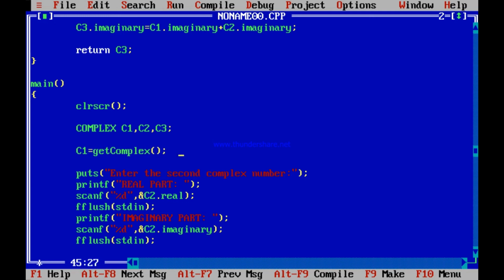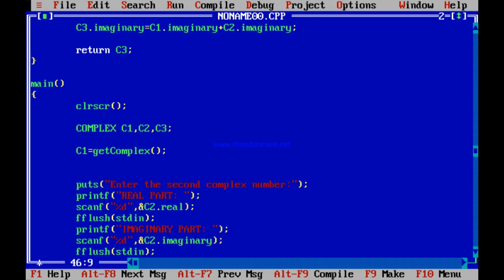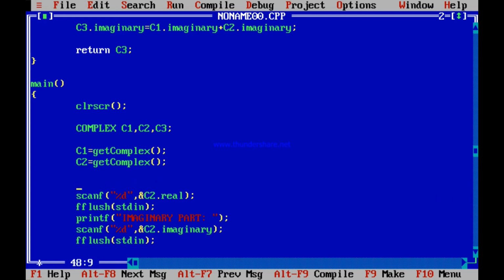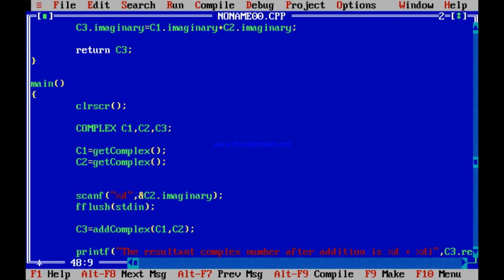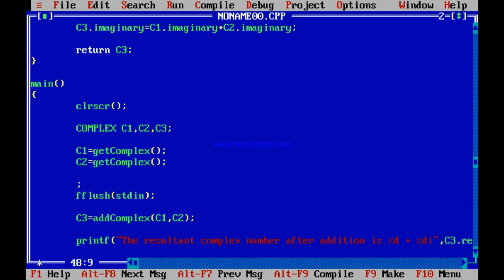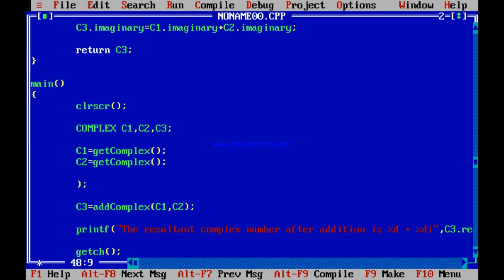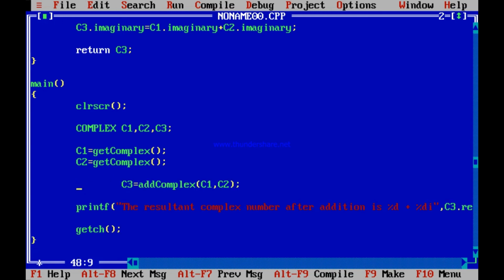In the same way, if I call the getComplex function yet again, that getComplex function will return me the C2 variable. I think you understand. And this part will not be needed again. That is, I call this getComplex function once, it returns me one complex variable. I call the getComplex function again, I get another complex variable.